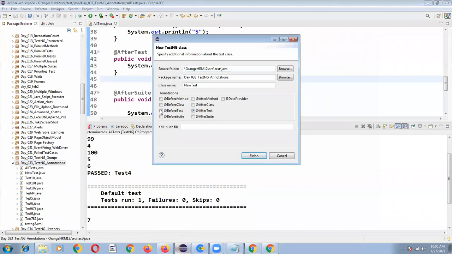Or some people use @BeforeClass, @AfterClass and @Test. These are the annotation tags you have to tell in the interview, and you have to tell the sequence in which they are executed. After @BeforeMethod, immediately @Test will be executed. After that, @AfterMethod will be executed.